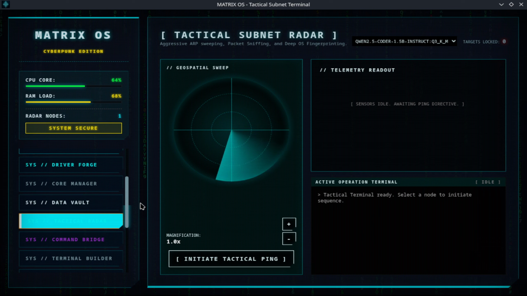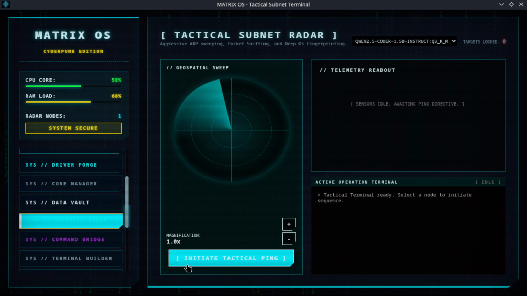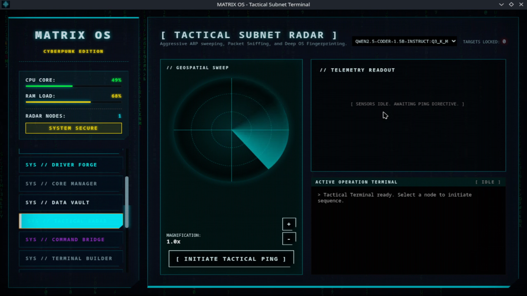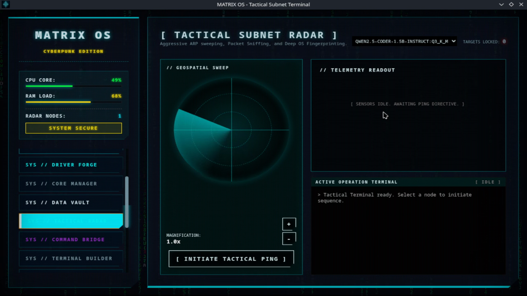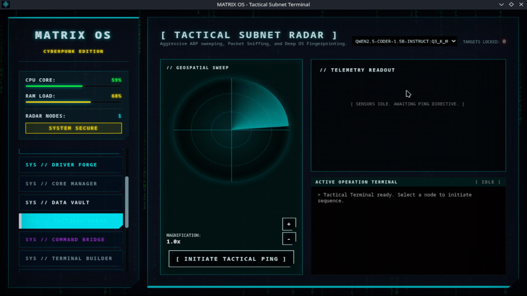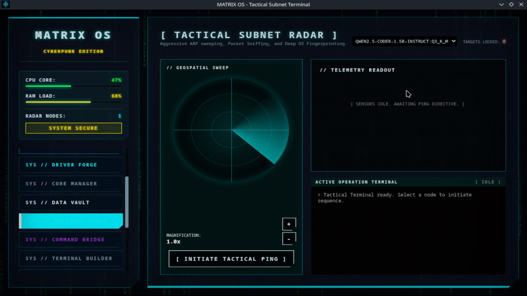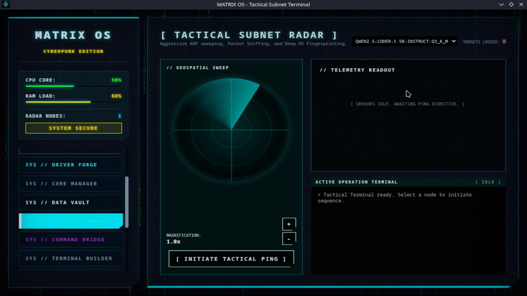In here you have the reader. If you press this one button, it will show you the IP address, I mean the router's IP addresses, almost everything. But I do not recommend going too far with this one, it's at your own risk. You can check it out, you can play with it, but if you are gonna use a different model